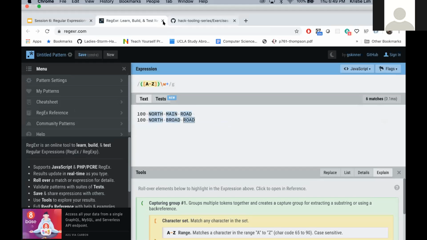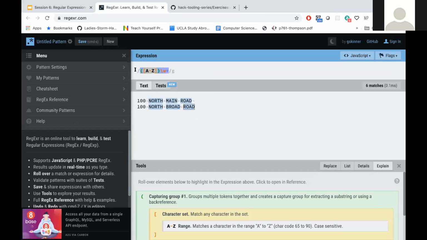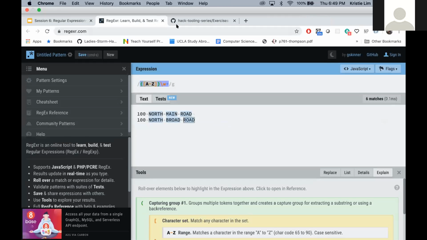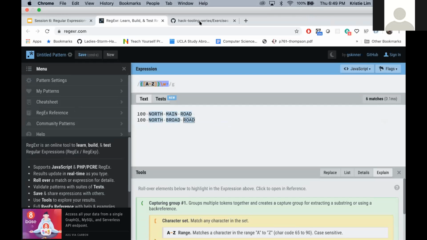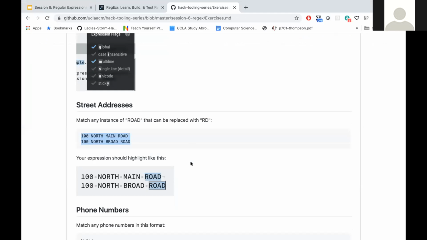And then write a regular expression up here that matches what the instructions say. So for example, for street addresses, you want to match these two roads. So you can imagine a situation where you might want to do this. Let's say you're processing a bunch of addresses and you only want the last part, road. But if you search just "road",